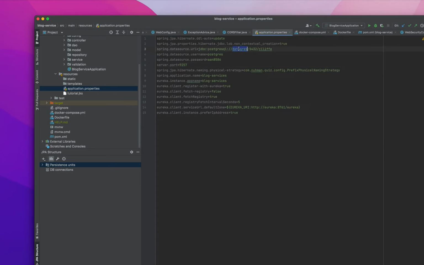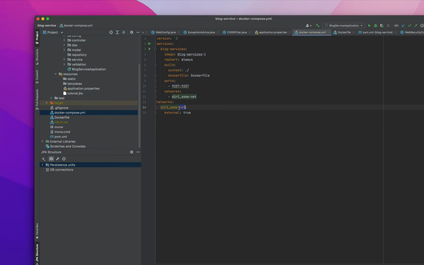This is the URL that I need to mention in my application.properties. This is an internal URL. Database is the name of the service, the Postgres service, and I also need to provide the username, password, and database name, and this should be in this